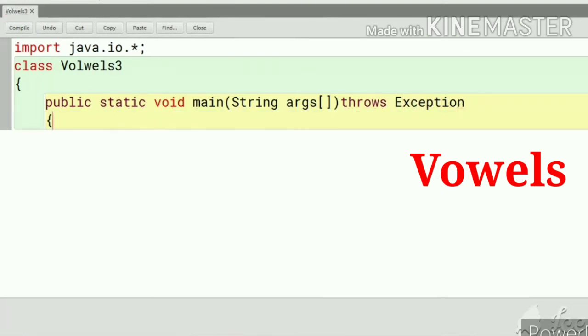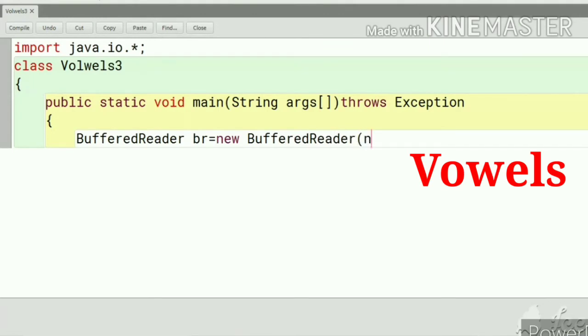Write the curly braces for the main method. Here we'll write BufferedReader br = new BufferedReader(new InputStreamReader(System.in)).